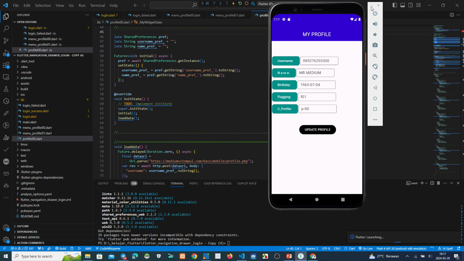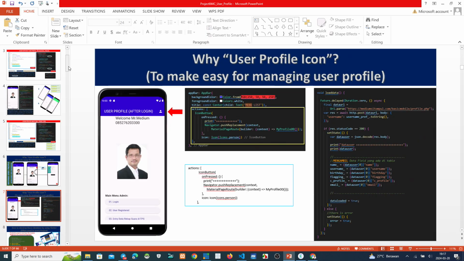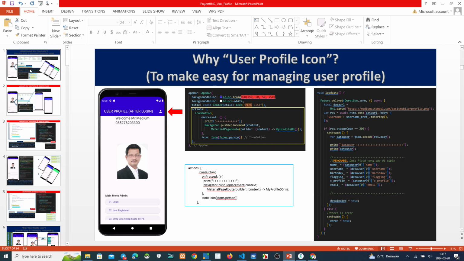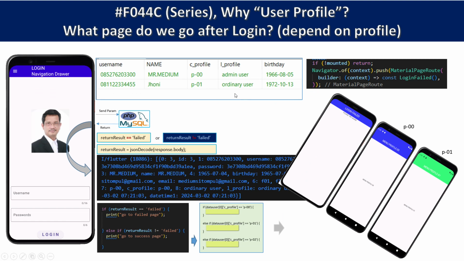Okay, guys, I think it's enough. Before we close this project, I want to give you an explanation. Okay, moment, where is the pointer? Okay, this is why user profile: because we want to know which page we go to after login.